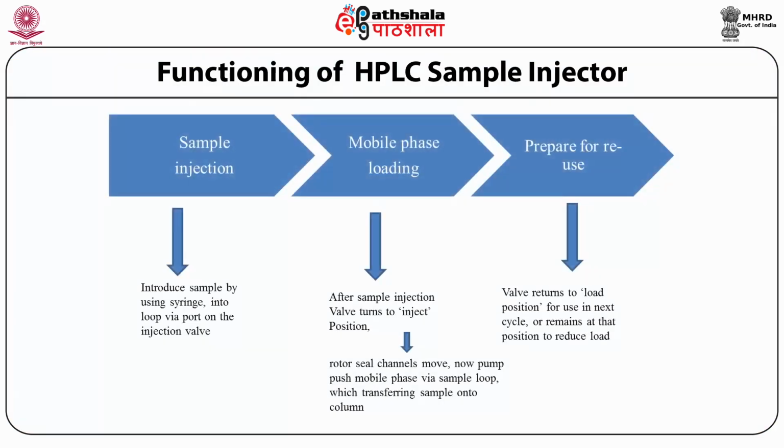Functioning of HPLC sample injector. Usually a 6-port rotary valve is used in HPLC. At the beginning of injection, the valve is rotated by an air actuator so that solvent gets direct passage to the column. The air pressure lifts the needle that is connected to the syringe and the vial is positioned beneath the needle. The sample is drawn up by the syringe into the sample loop.